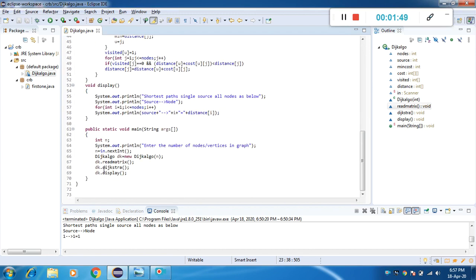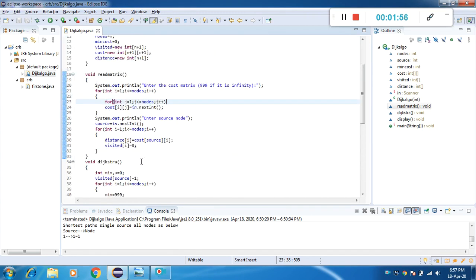Then next make a call to the function readMatrix. ReadMatrix will read the distance matrix or cost matrix for the given graph. When you execute the function readMatrix, first it will display enter the cost matrix, and use the value 999 if there is no direct edge from one vertex to another vertex.